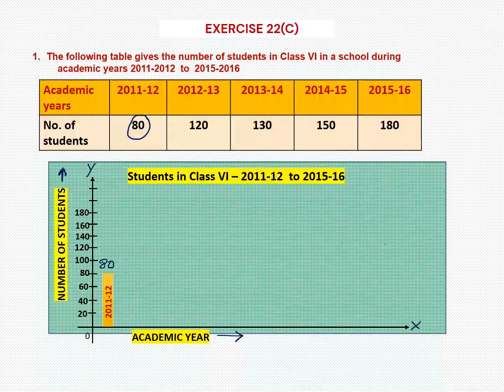Now look at 2012-13, second one, 120. So where is 120? Look out for 120. Your bar should be there. So let's draw the next bar. It's going up to